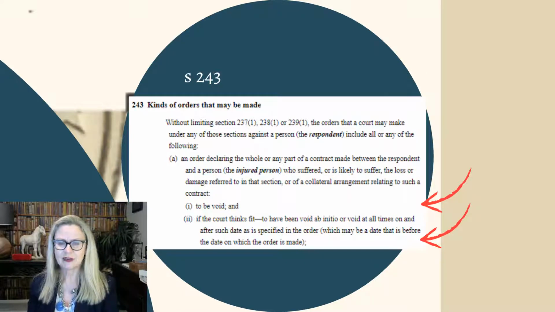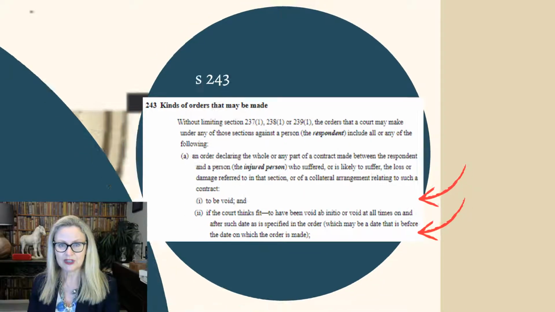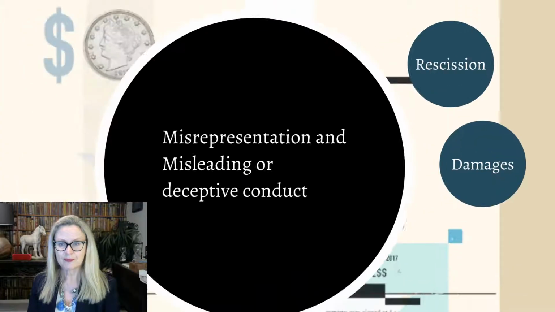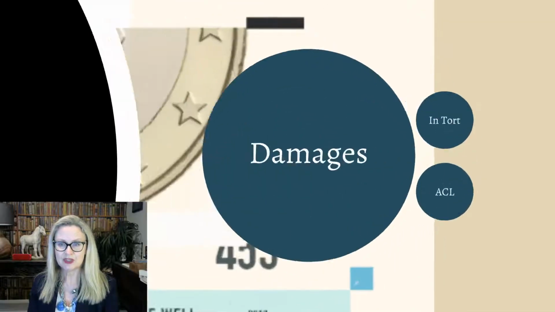You can actually tailor it to operate from a specific date if the court thinks fit. As I said, there's all sorts of other nifty things in 243 that you can ask for. I will leave you to explore that provision at your leisure. So that is rescission. And in terms of damages,